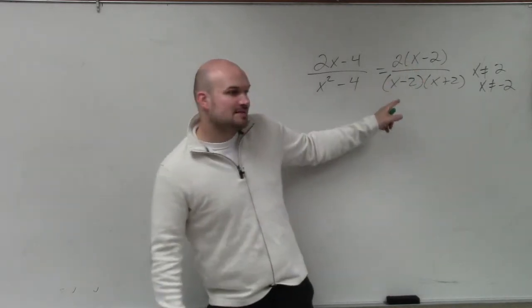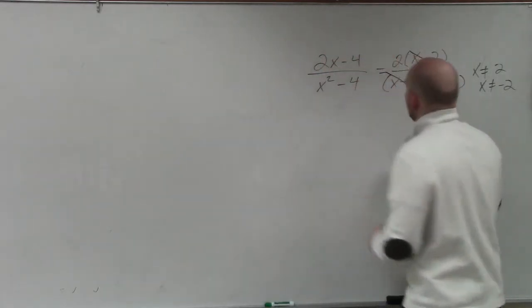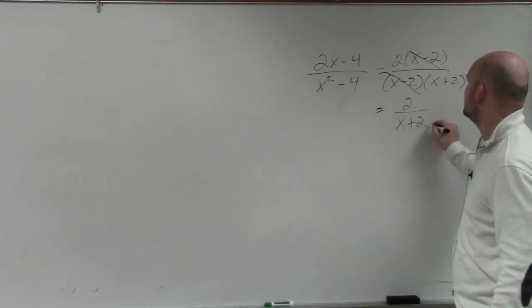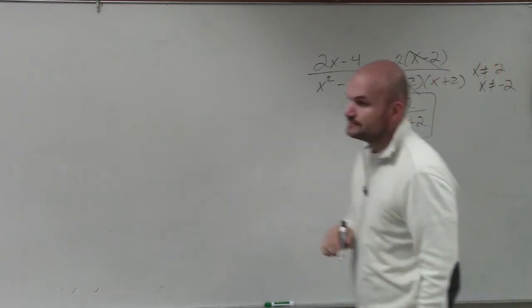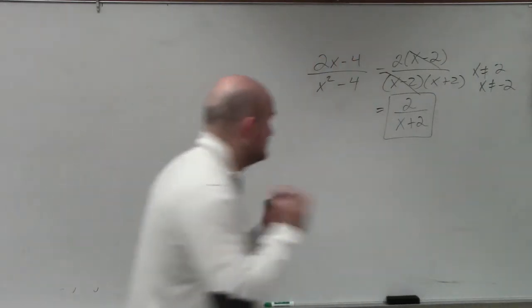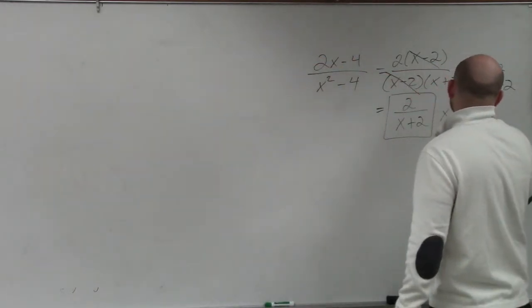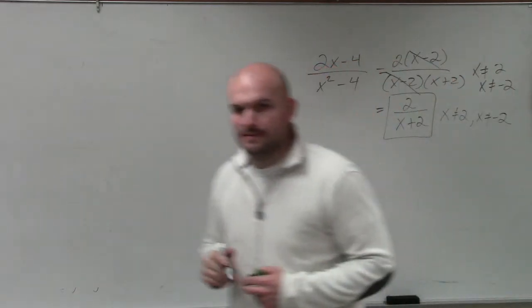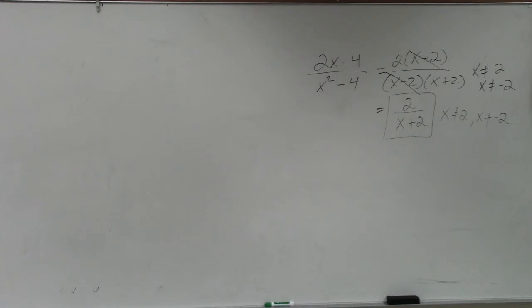And now that I have this simplified, I can cross these out, and I have 2 divided by x plus 2 as my final answer, where x cannot equal 2 and x cannot equal negative 2. So those restrictions are going to remain, even though you simplified it out, your original restriction